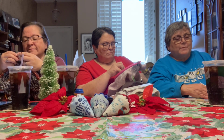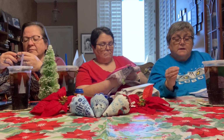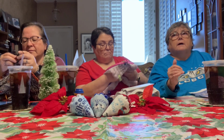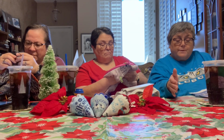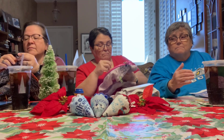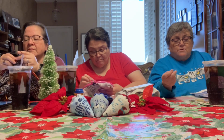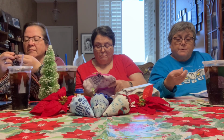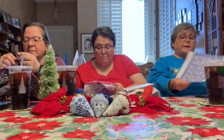And I feel bad because I promised myself I would not buy any more patterns. I'm not buying any more patterns until I get through some of these others. So for WIP-GO next year, I am going to pick things that are done or close to done. Because those things that you really, really want to do, you're going to pick them up and work on them whether they're on WIP-GO or not. So, anyway,